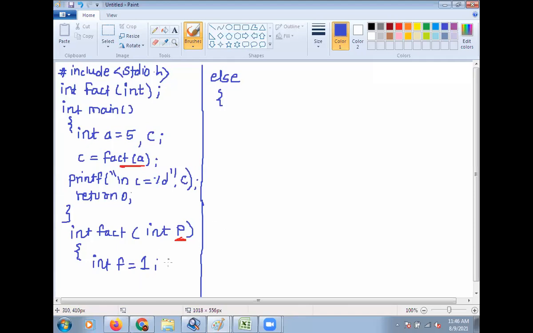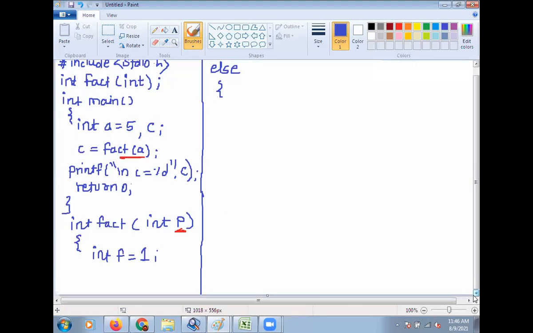Then if p is equal to 1, then return a 0. No, sorry, return a 1.